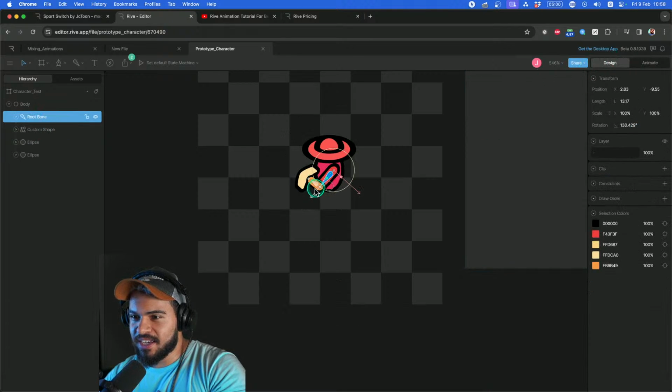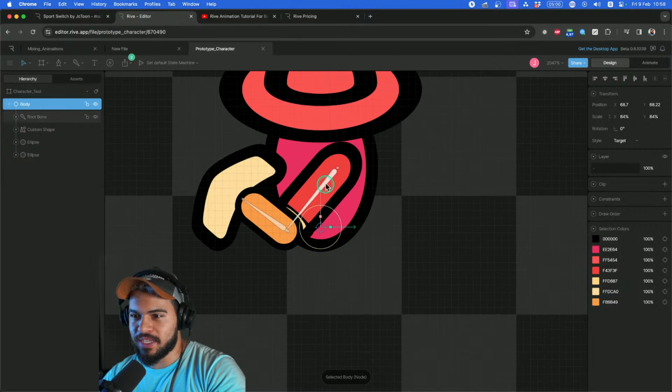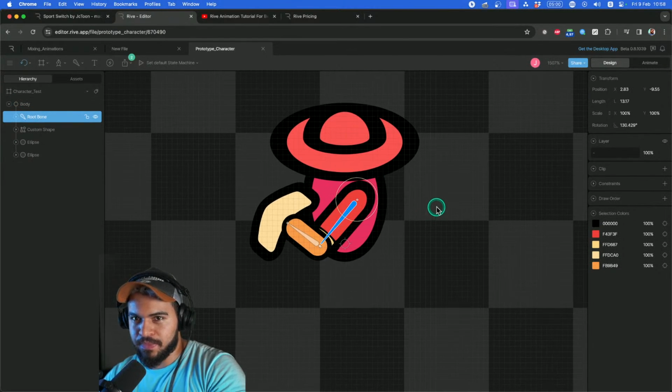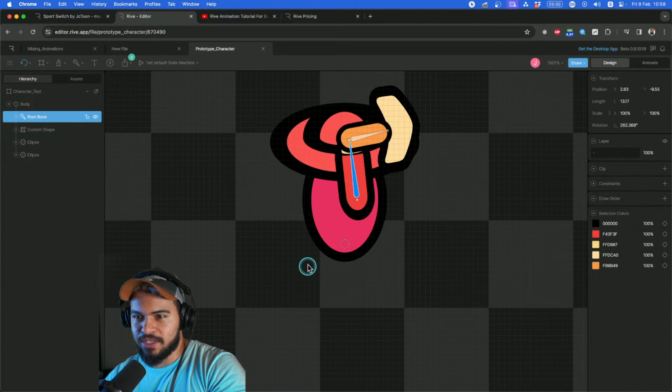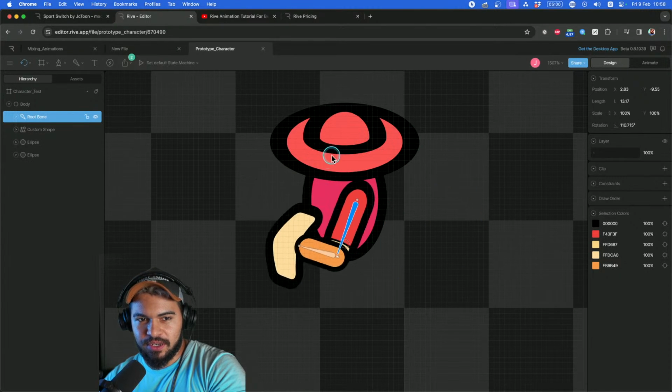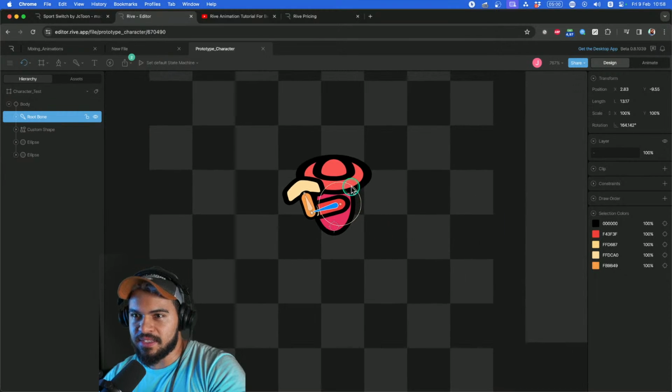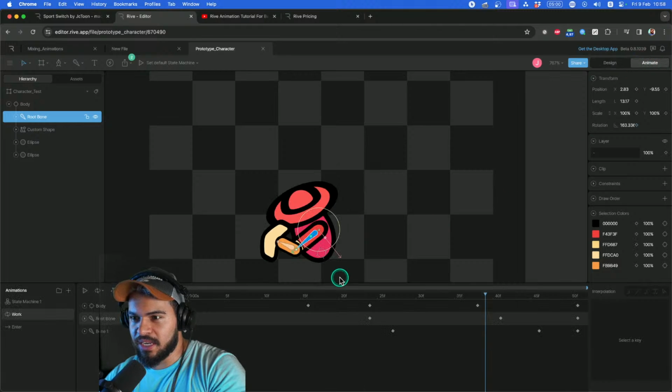And here there is a bone. All right, there is a bone that I made. This is what makes Rive nice. So you have a bone that if you move this bone and rotate, it's gonna rotate other elements like this. And the nice thing is that during this animation,